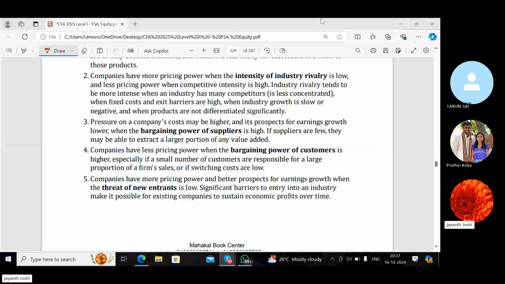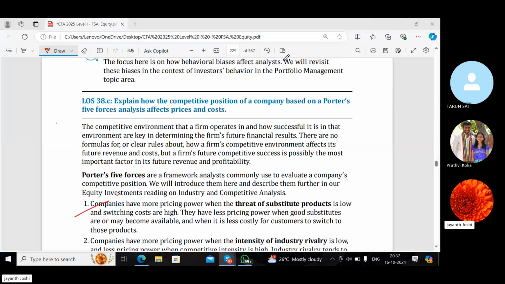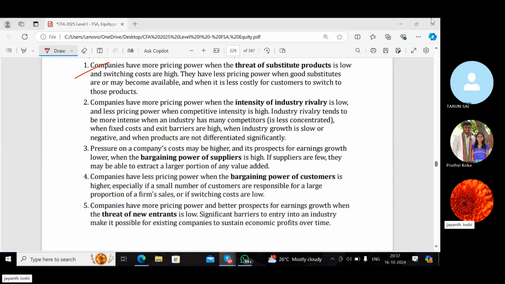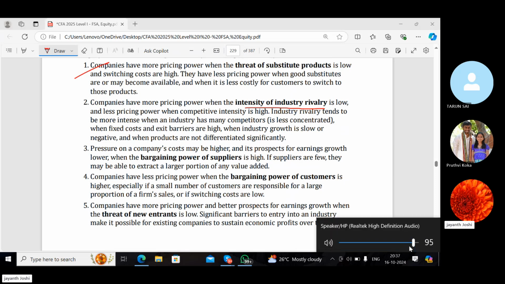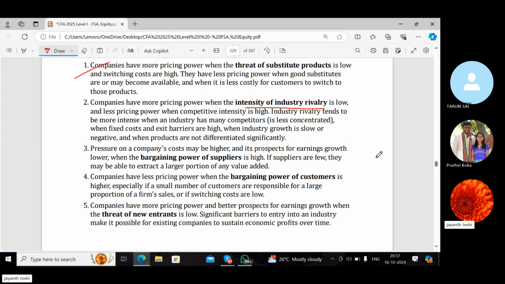Okay. So we were discussing Porter's Five Forces and how they can affect the prices and costs in a competitive market where a company is placed. So companies have more pricing power when the intensity of the rivalry is low. See, we know in a perfect competition there are a large number of firms operating and